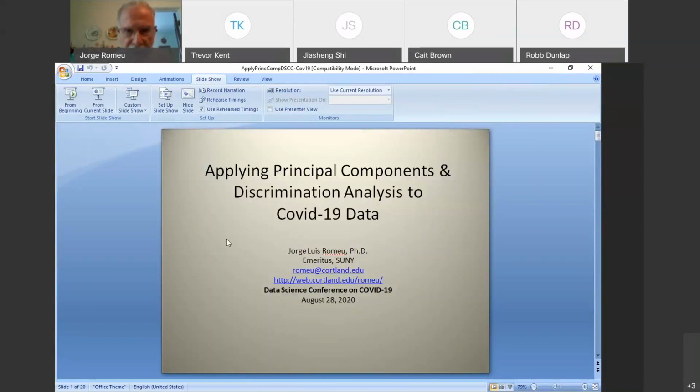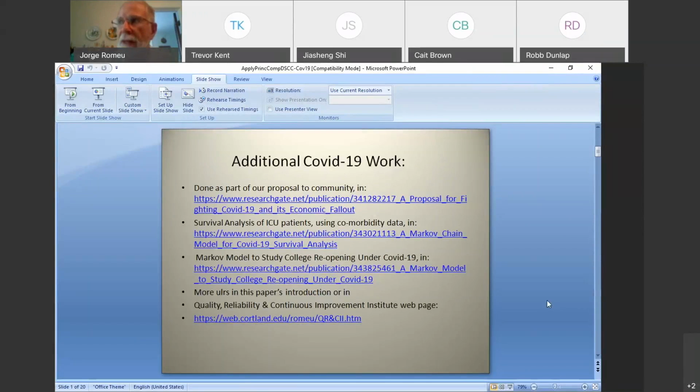This paper on applying principal components is part of a larger effort that we have been undertaking for the past few months as a retired academician and researcher. I have been developing short and straightforward papers and distributing them around some institutions and researchers like State University of New York in upstate, in Syracuse, the Masonic Medical Research Institute, NIH, and so on. And we are going to present